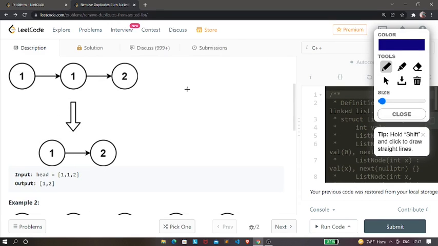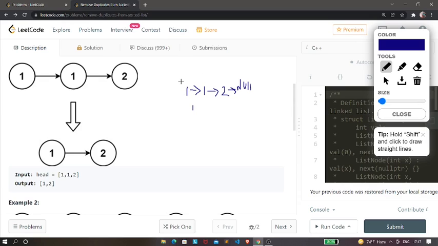In this example, we have a linked list, which is this one, which is pointing to this one, another one, and this one is pointing to two, right? And this two is pointing to null. Okay, right. So over here we can see that one is appearing twice, right?